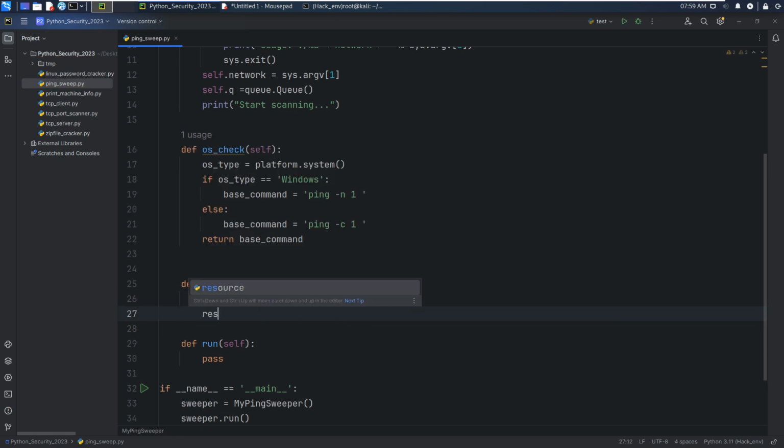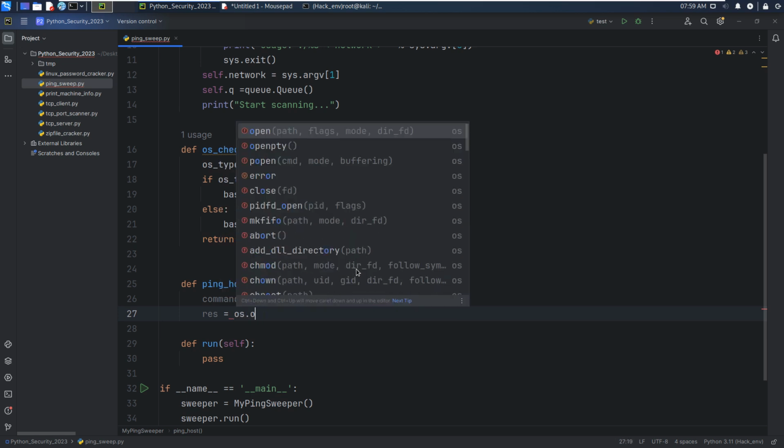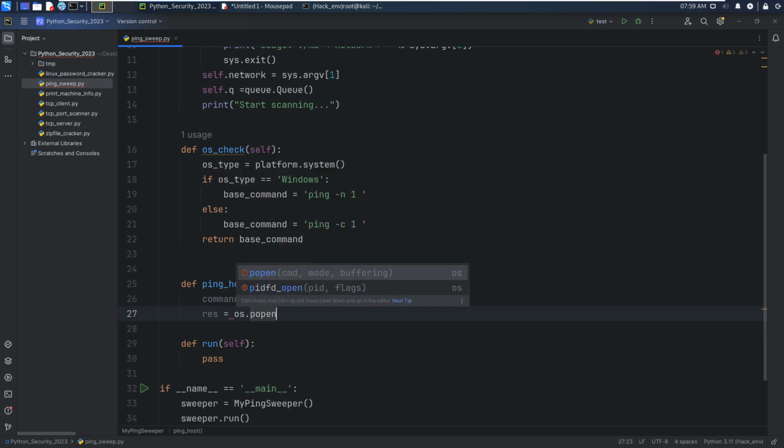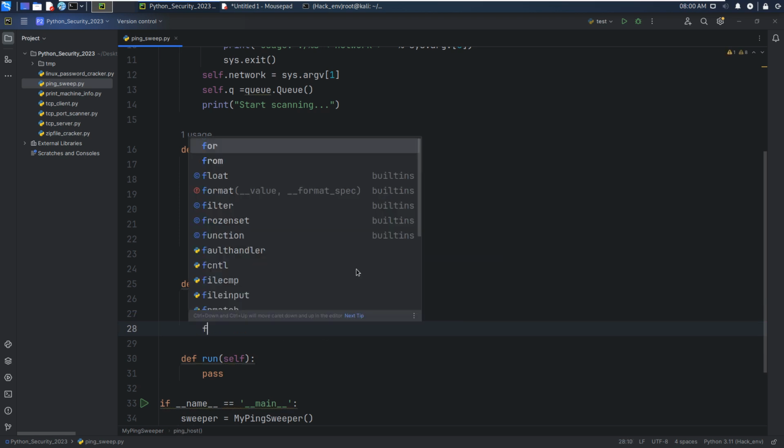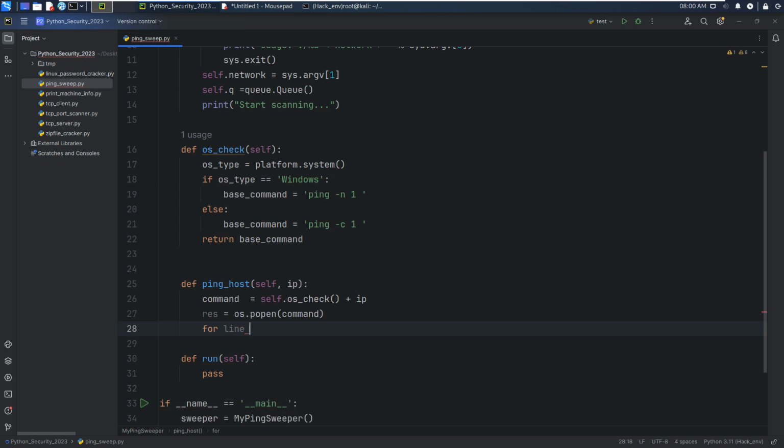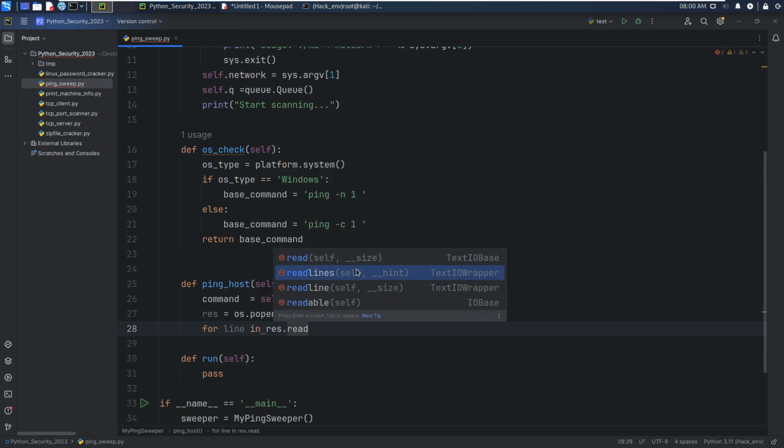And then we can use this to capture the returned information and return the result. Okay, so we can use os.popen and the command, and then we can retrieve the information, for line in res.readlines.